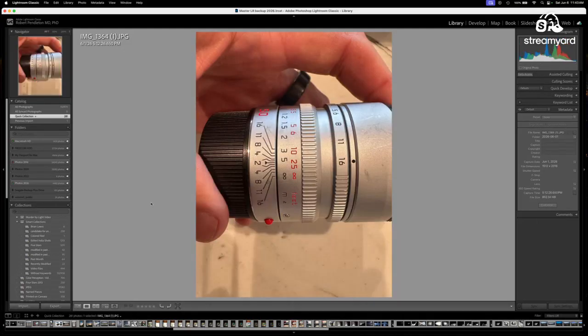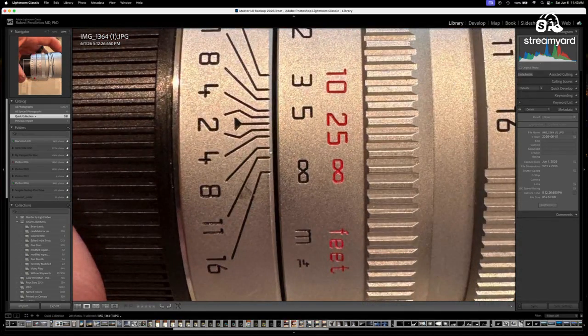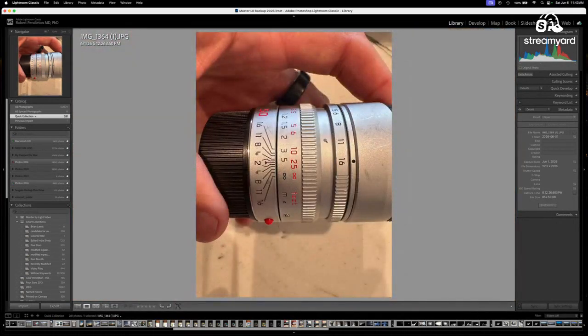If we move to a 50 millimeter lens, we get a broader range, a depth of field here. Now at f16, everything from infinity to a little less than 10 feet is going to be in focus.